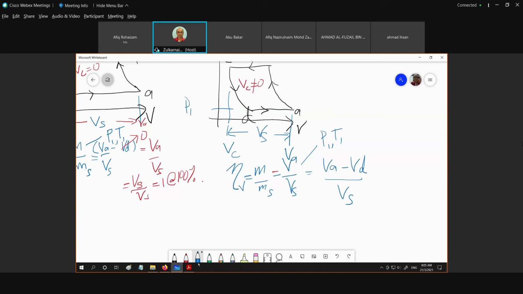So the clearance volume ni wajib lah sebab untuk mechanical comfort and also for the movement of our intake and delivery valve. Jadi macam biasalah kalau untuk VA tolak VD ni kita akan cuba solvekan dia. So the VA tolak VD ni adalah sama dengan apakah VA? VA adalah VS plus VC. Apakah VD? VD adalah VC P2 over P1